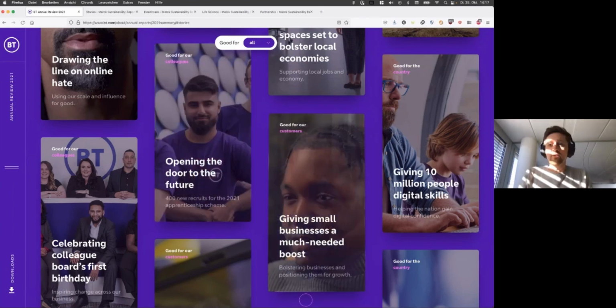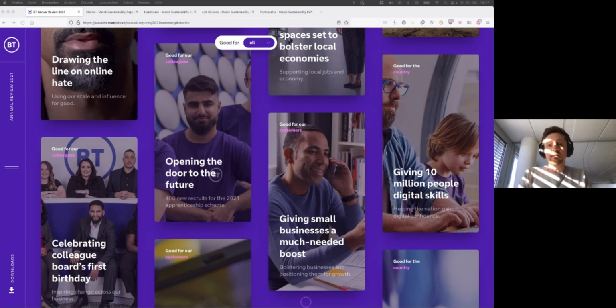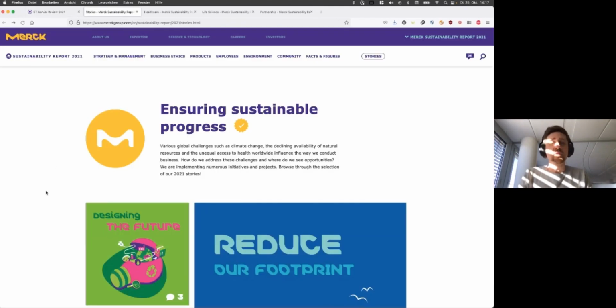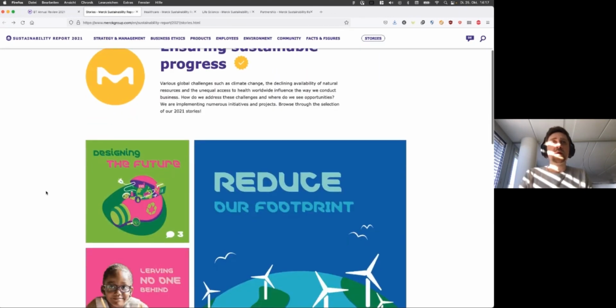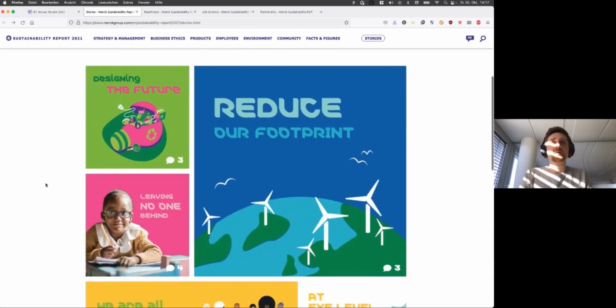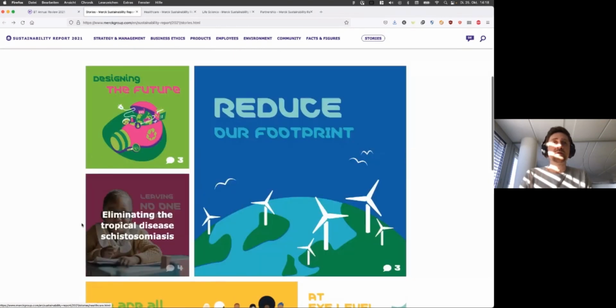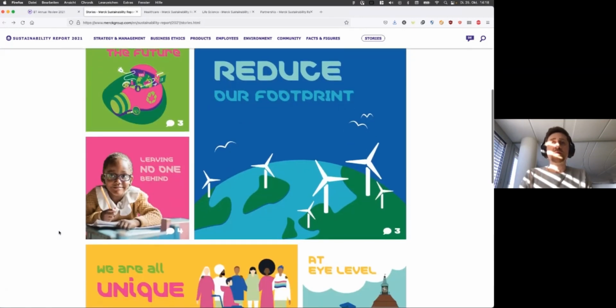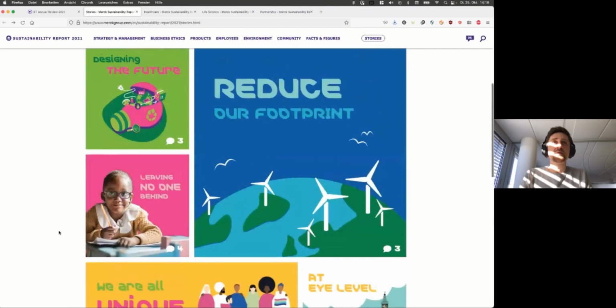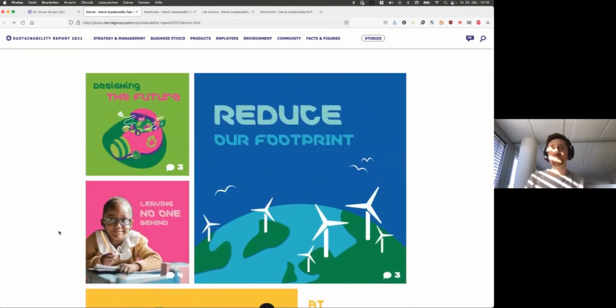But there's one report that takes this idea a bit further, where the content is designed more consistently for social media, which is the Merck Sustainability Report 2021. Here again, I'm on the overview page for the magazine stories, and as you can see, all these pictures here are links to different stories, and they are designed in a way that they remind you of social media as well. But the cool thing here is